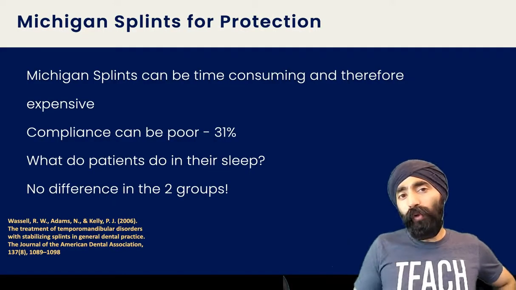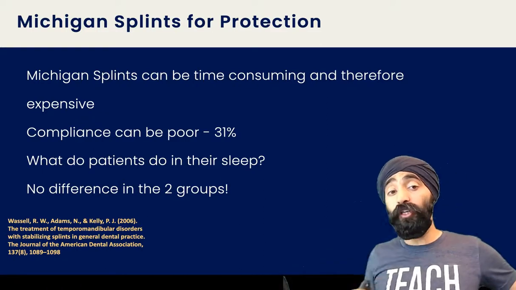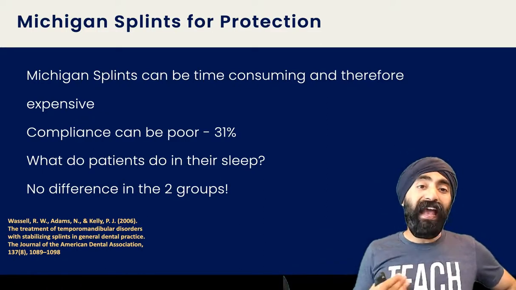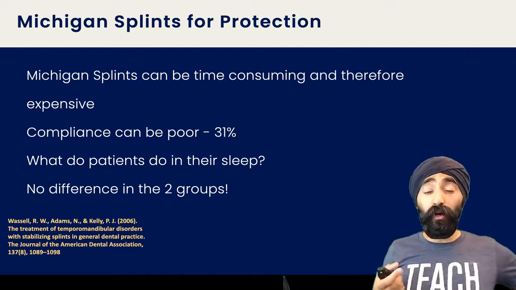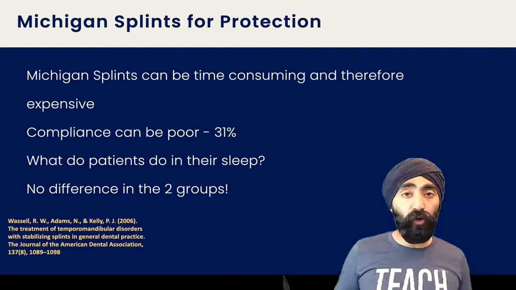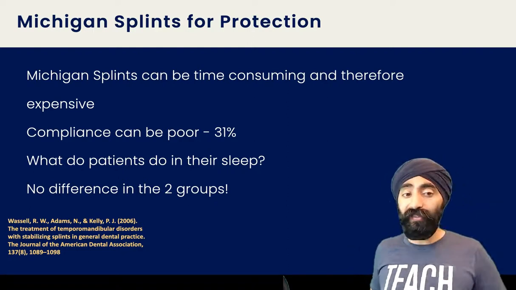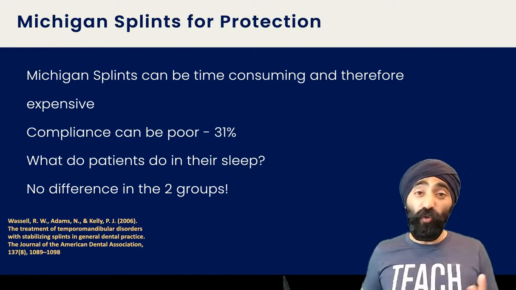But the problem with these splints, remember we said protection, right? We're not giving this splint for pain or diagnosis. We're giving it for protection, okay? And what you'll find is that these splints are very time consuming and therefore expensive. So I wouldn't charge anything less than £900 for an appliance like this. Compliance can be poor. In the famous Wassel study, they found that at some point only 31% of patients